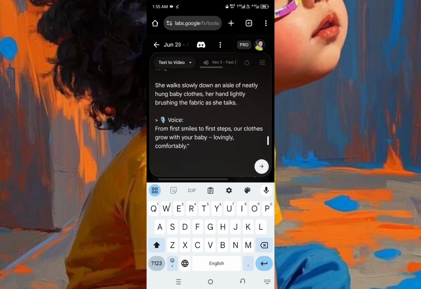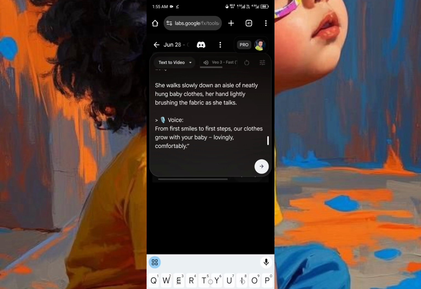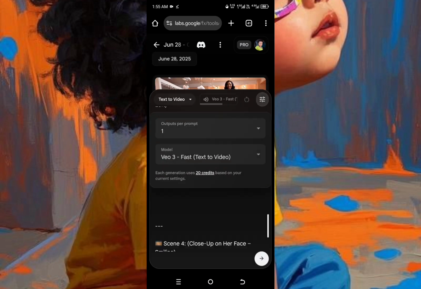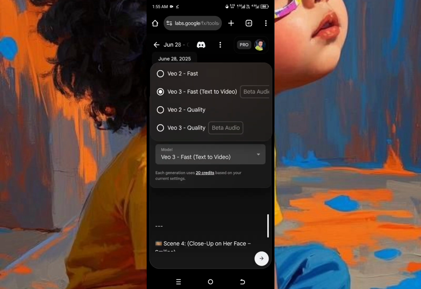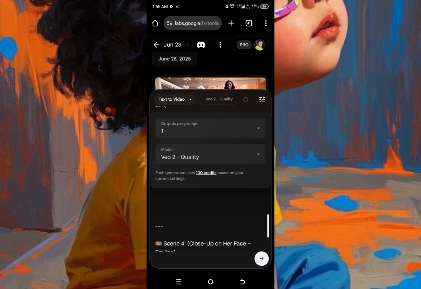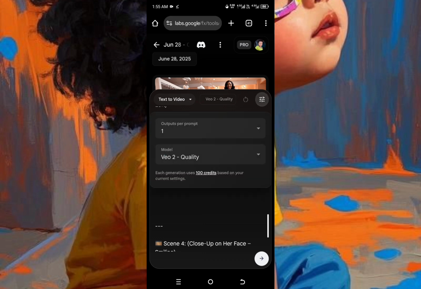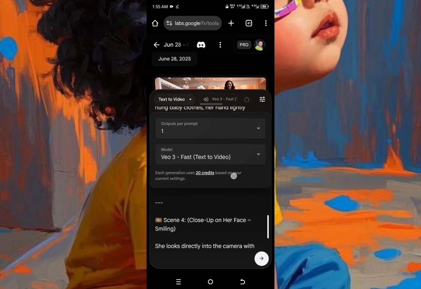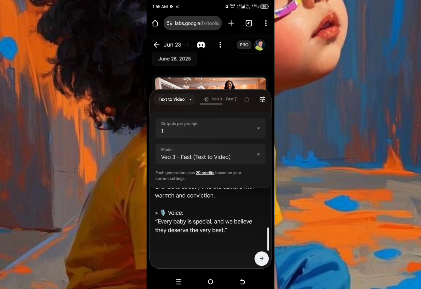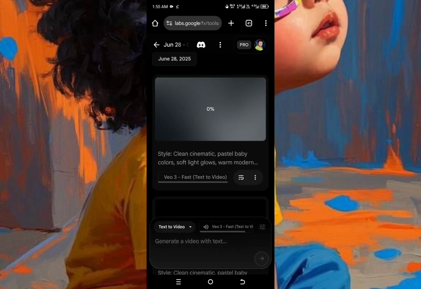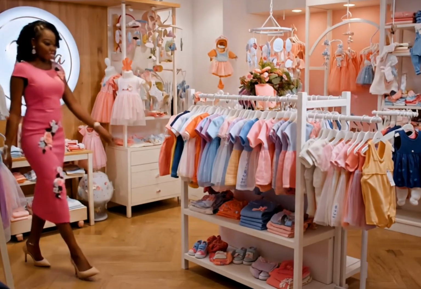All right, so after that, remember to set this. Don't forget this. Remember to make sure that this is at view 3. If you made any mistake, most times it changes. If you make any mistake, you discover that there won't be any dialogue. So let's send. This is all you have to do. This is the third scene,